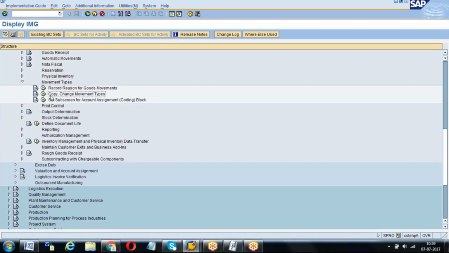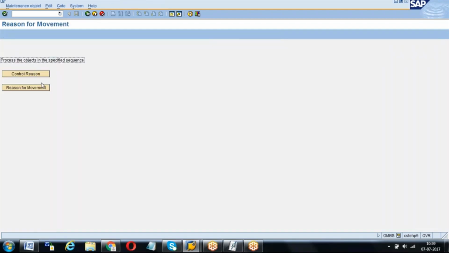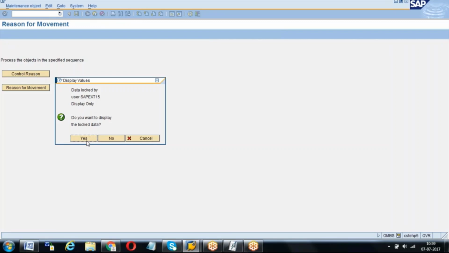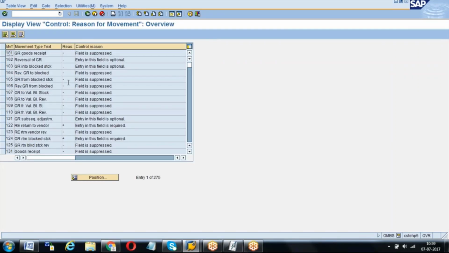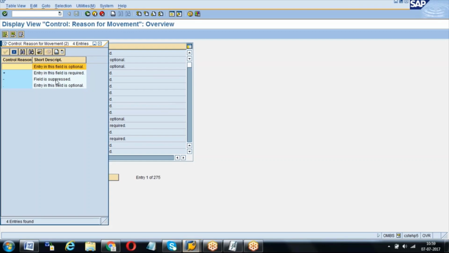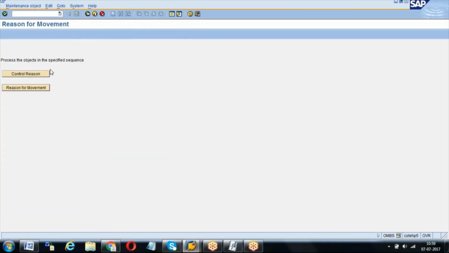This is the T code OMJZ. Just now what I have shown you, right? And here, record reason for movement, we can keep control reason and all. What is control reason? We can make it whether the reason is mandatory, optional, or display, that you can control, for which it is required and all. All these things can be here.